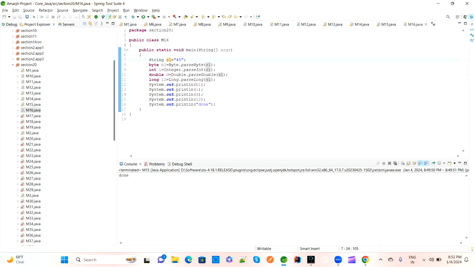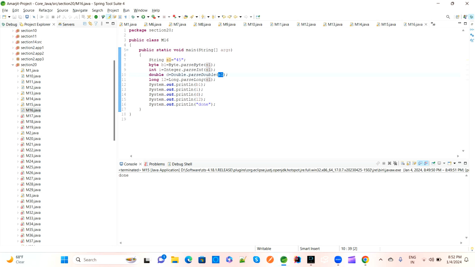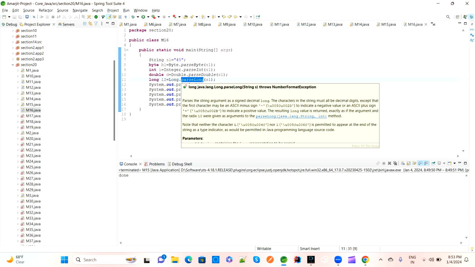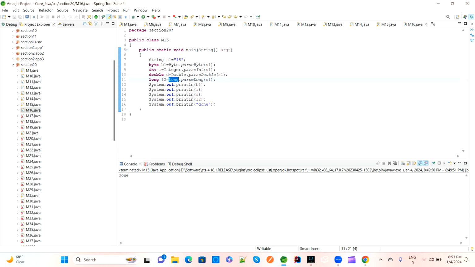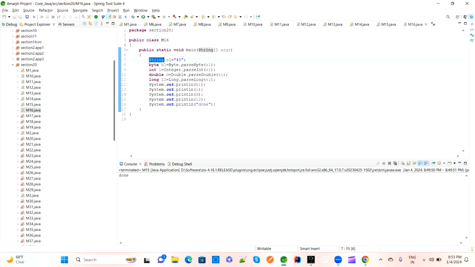If you want an integer, then we have parseInt. If you want a double, then we have parseDouble. Through that it will be printed, byte b1 and so on. If you want a string as a long, then you have to use parseLong, with Long written in capital L, because a string is an object. So we can't convert directly. First we have to use the wrapper class, and after that we can do the parse. So if you run this program here,